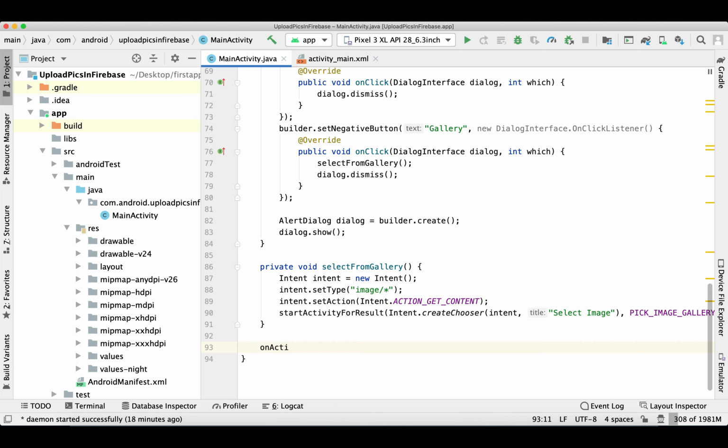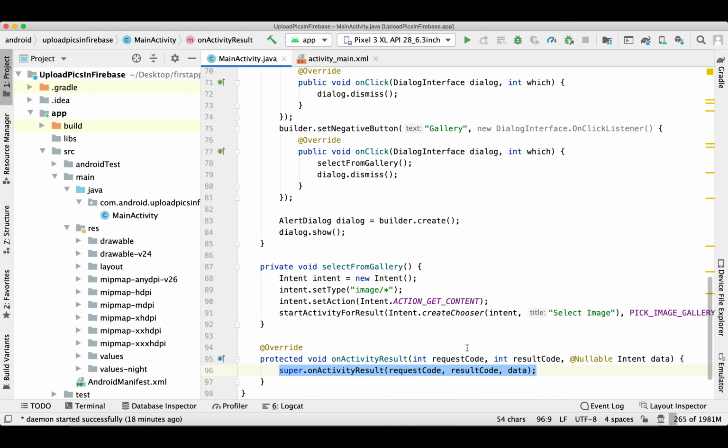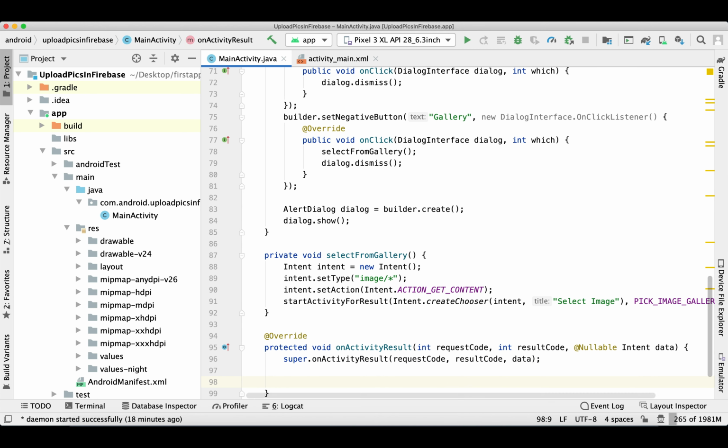Now we need to override the function onActivityResult. Here we will check the code we passed at the time of startActivityForResult.